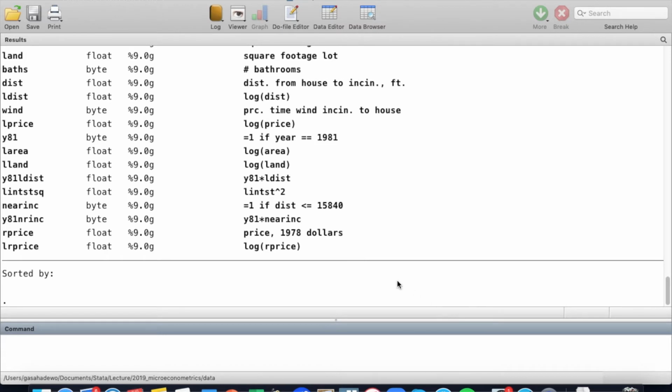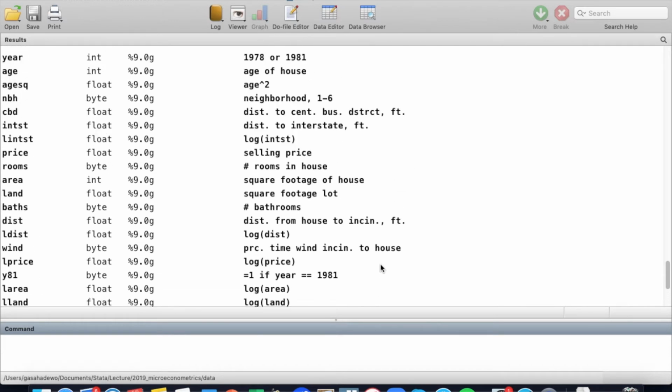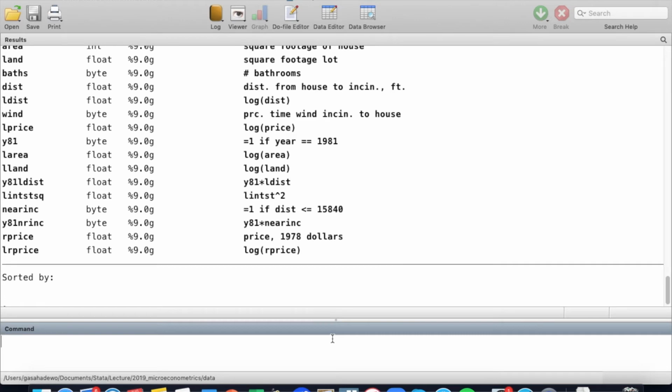Our outcome of interest is going to be log of price. We also want to include a dummy for before and after, and a dummy for the treatment variable, which is near inc. So let's just start with a very basic